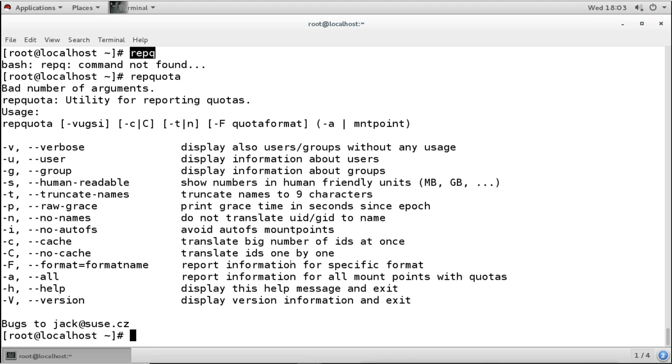Now suppose you make a spelling mistake, then no matter how many times you press tab, it will never complete. For example, if I give REPQ or RAPQ and I press tab, it is not completing.